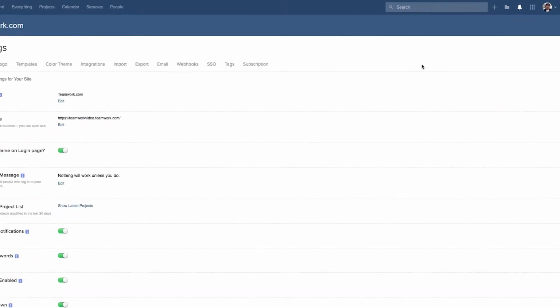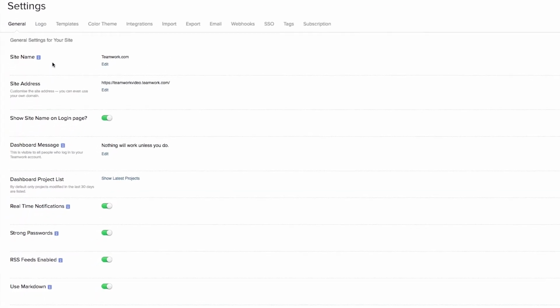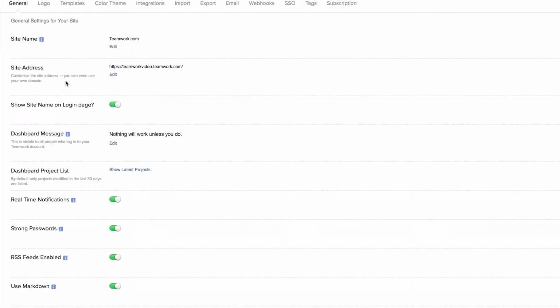Settings. And in the General tab of our Settings window here, you can see that we can update our site name, we can update our site address, we can choose whether or not we want to show our site name on our login page, we can update our dashboard message, we can update our dashboard project list, so this can be the latest projects, or we can choose to show all projects. So let's say that we only want to see the latest projects, so that's projects that have been modified within